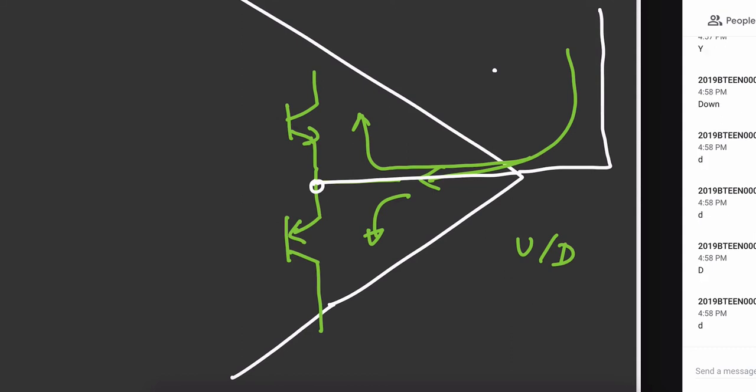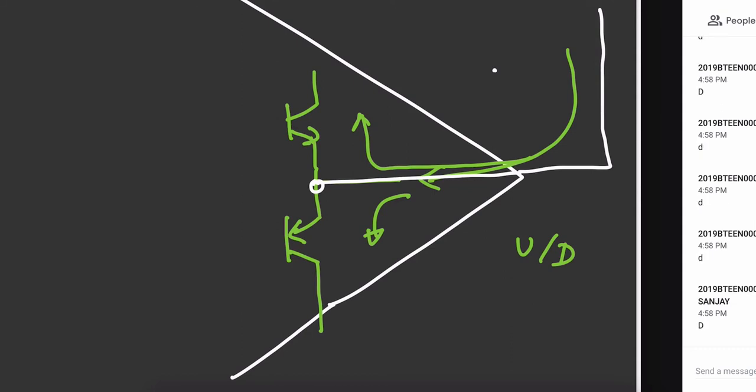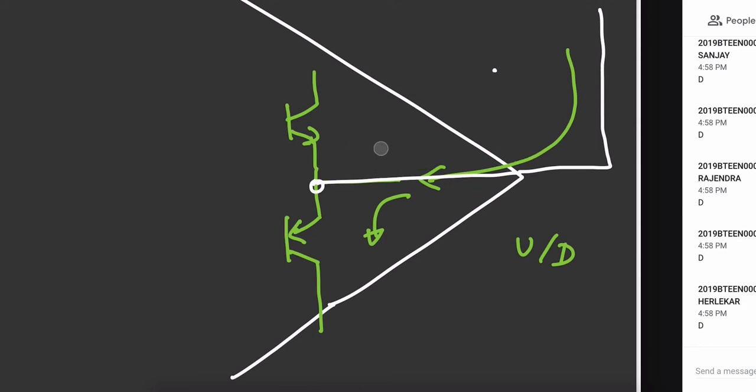It cannot go up because it has already come from the higher level, so it cannot go from the higher level back to the higher level; it has to go to the lower level. So this is not an option. This is the only option. So current has to go this way.